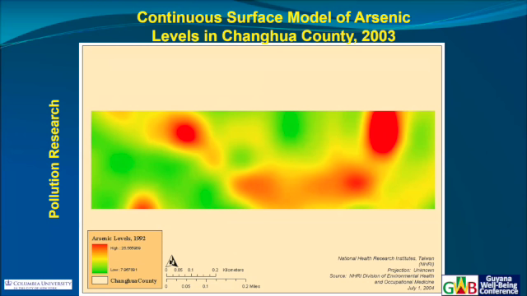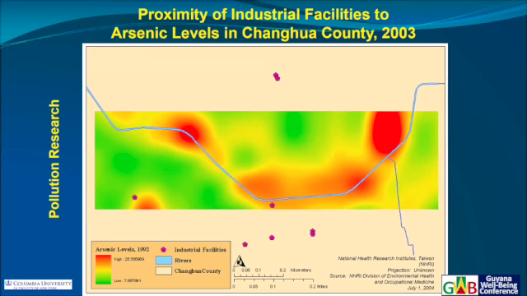Most likely, if you know topology, there is a river that runs through there, and there's a valley. As heavy metals settle, because they're heavy, they settle down to the floor of the river, and thus the contamination has higher concentration in those areas. So most likely this is what's happening here. And sure enough, when we overlay the river layers on top of it, you can clearly see that there is, in fact, a river running right through the dots. And then we can also overlay industrial facilities that may or may not be the source of the arsenic pollution.